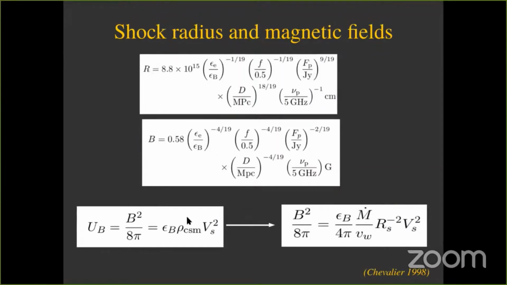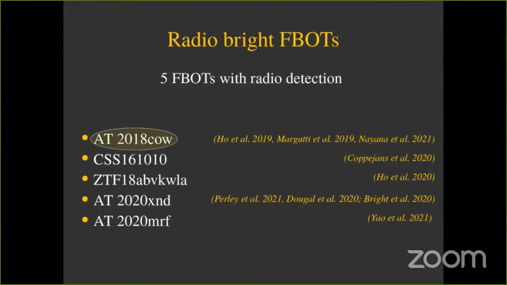We can also get a rough estimate of the mass loss rate by assuming a magnetic field scaling relation. So in a very simplistic scenario, we assume that a fraction epsilon_B of the shock energy density is fed to magnetic fields. Now the rho_CSM in the shock energy density is basically created due to the mass loss from the progenitor, hence rho can be represented in terms of M dot. So these are the physical parameters of the system, or the environment of an explosion, that we can constrain from radio observations. However, there are only a handful of FBOTs which have shown radio emission,